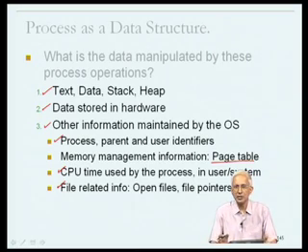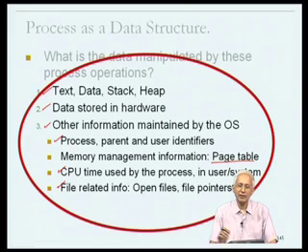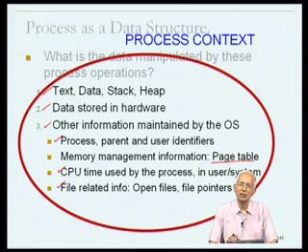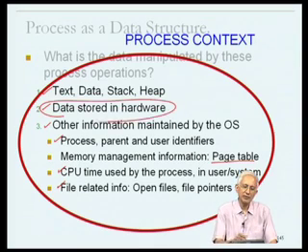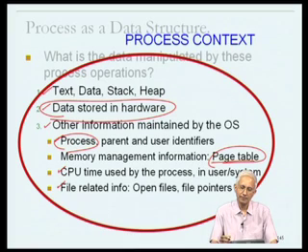Now, all of this information is associated with the process and could be described as the process context. In other words, the information that must be present or taken into account when that process is running. And we saw that when there's a context switch from one process to another, some of the information that is listed over here had to be loaded into the hardware context. And some of the other pieces of information had to be taken into account by the operating system,